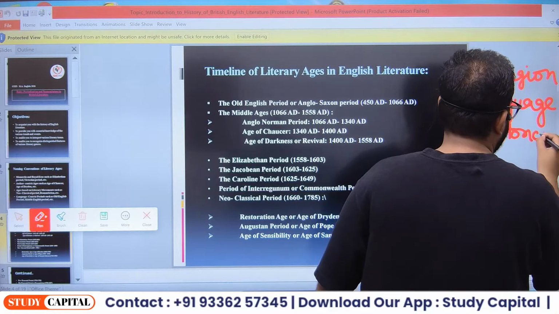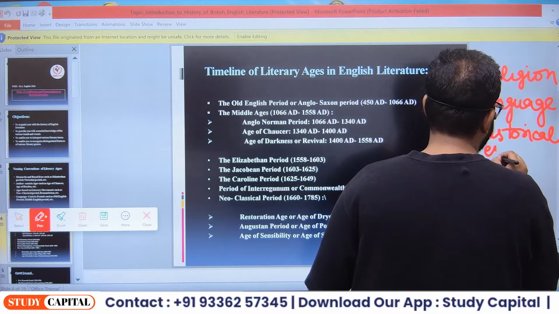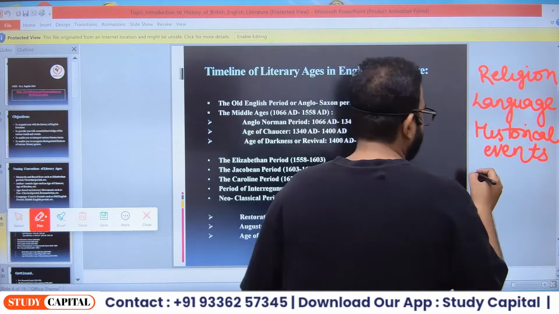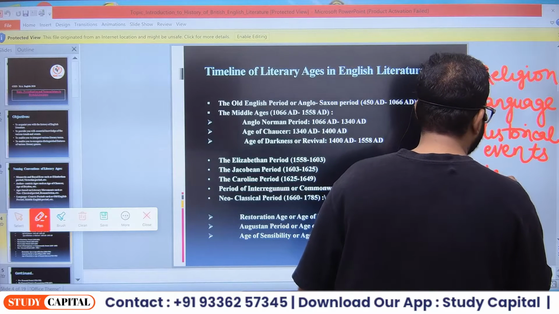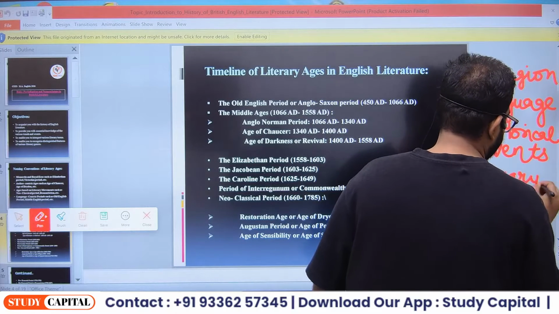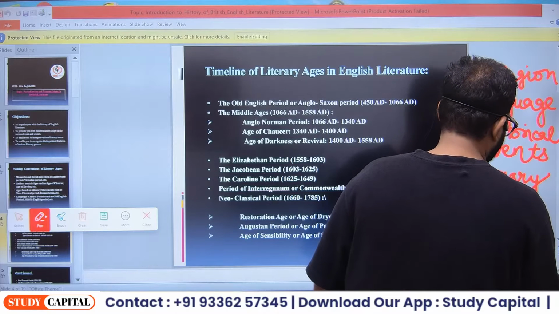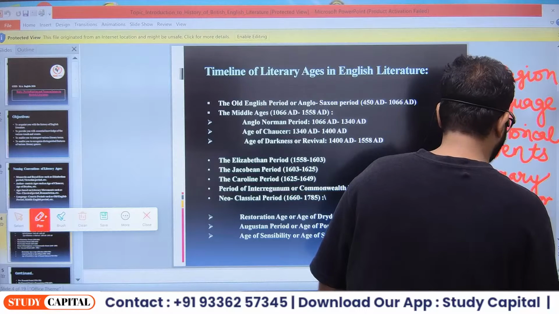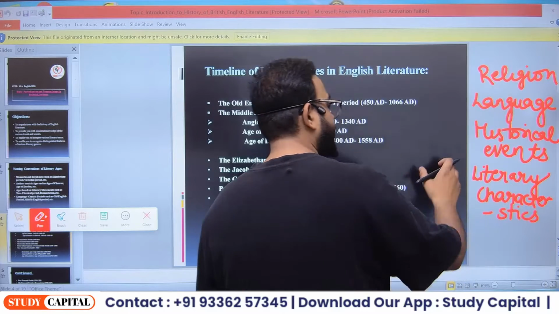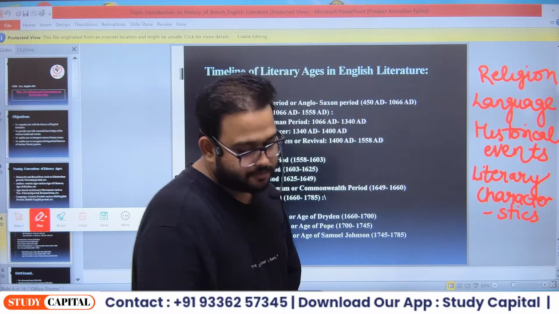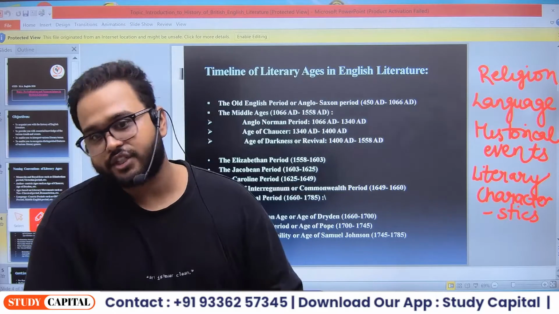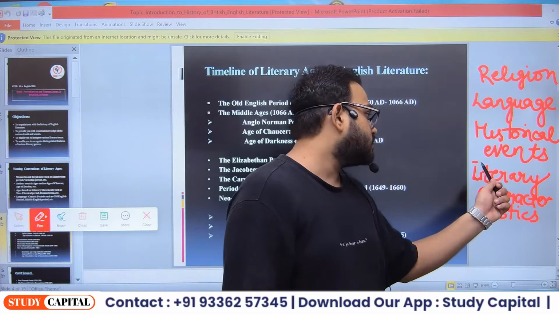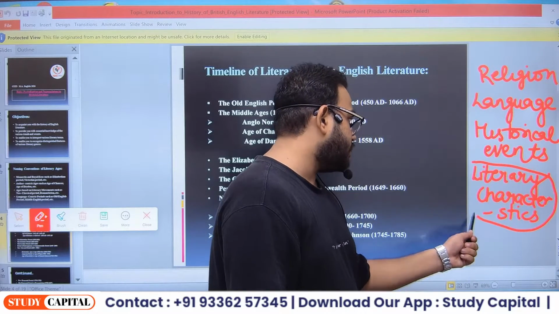And when you are done with the historical events of the era, then you enter into the literary characteristics, right? Before entering into the writers. Writers पे आप बाद में जाएंगे, because अभी तक अगर आप पढ़ चुके हैं इस एस्पेक्ट को कि कैसे हिस्टोरिकल इवेंट्स हुए हैं, तब आपको समझ में आएगा कि कैसे हिस्टोरिकल इवेंट्स को लिटरेचर के अंदर रिप्रेजेंट किया गया है. फॉर्म समझ में आएगी, और उस फॉर्म को समझने के लिए उस एज के स्ट्रक्चरल कैरेक्टरिस्टिक्स, लिटरेरी कैरेक्टरिस्टिक्स को समझना